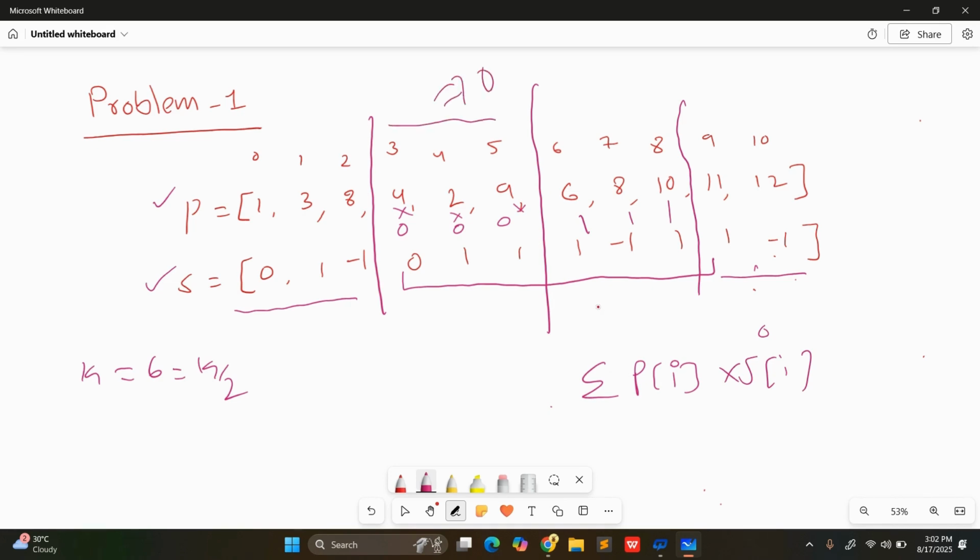And you can see we are only concerned about this part because this part is only contributing to our sum, right? So this I am taking as the window sum, and you can see, yeah, this is a window. When I move my window one step forward, you can see,